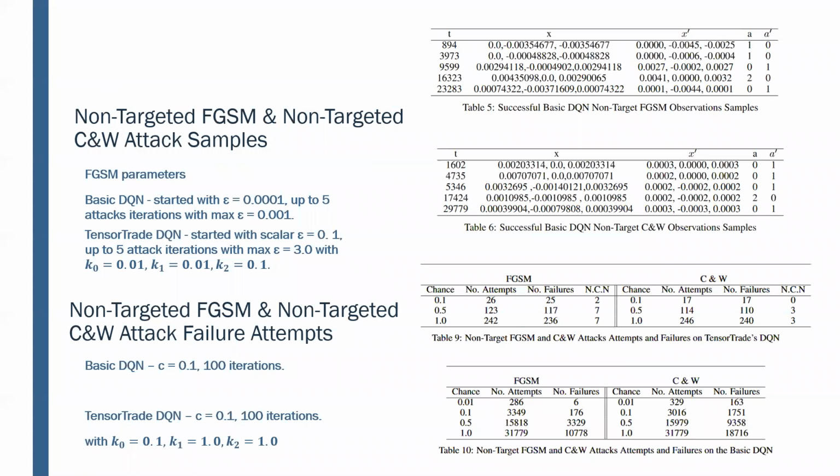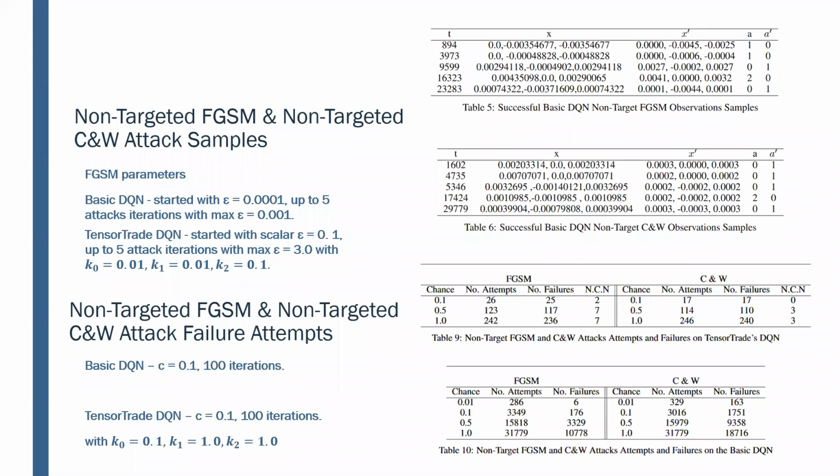So here are some more examples of the non-targeted FGSM and non-targeted CW attack samples to show you that these examples can be very adversarial even to humans. You can see over here on the right side the same picture from the same table that we mentioned before: the dynamics of these attacks can look very similar to the original sample it's using as a starting point, or comparing to, but the actions can be very different.